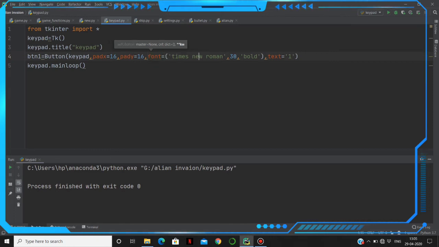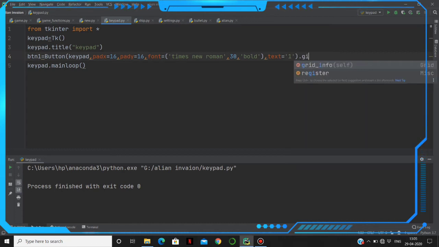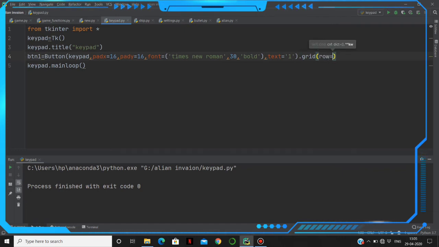And then we have to give the position of the button, where it should be present. Give the row where it is going to start. I said that in the Tkinter toolkit the position starts from 1 comma 0, so row should be 1 and column should be 0 here.